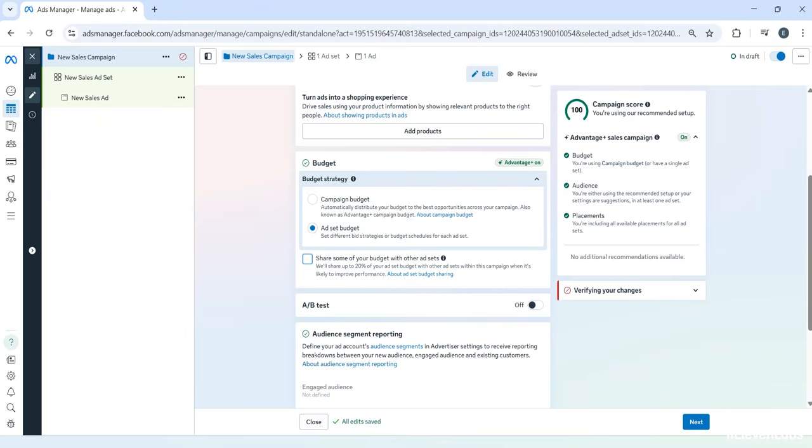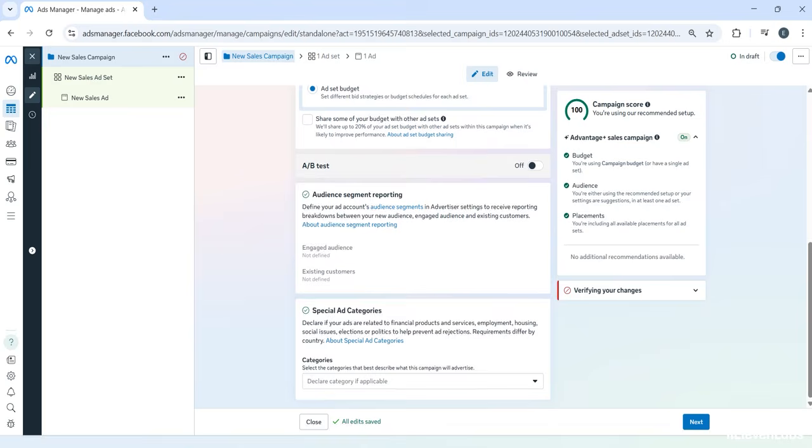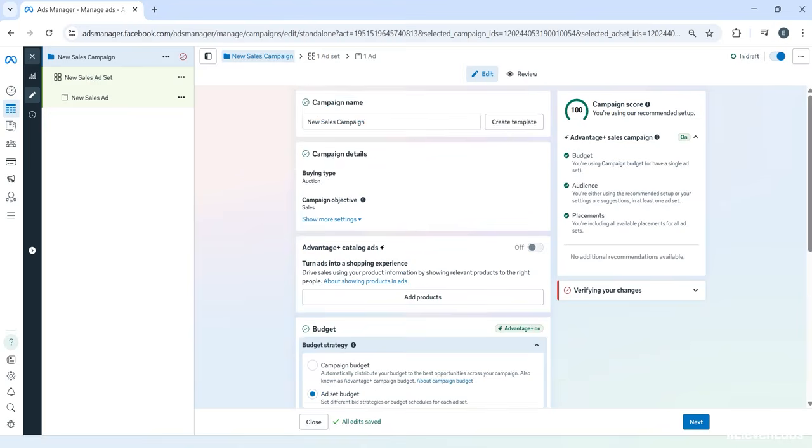If the budget button for the ad set is not immediately available to you, then you should try to simply publish the campaign first, and only after that, make the change. My Advantage budget hasn't disappeared at this moment simply because I haven't published anything yet. In general, I believe everything is quite clear here.